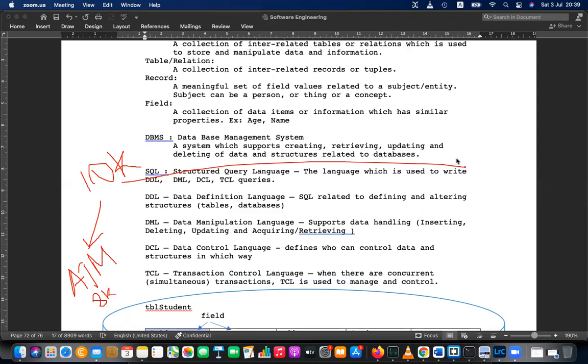Same time another person is trying to withdraw 6,000 from the bank. Balance is 10,000, so you can withdraw 6,000, no matter. Balance is 10,000, so you can withdraw 8,000, no matter. So can we allow both transactions together?